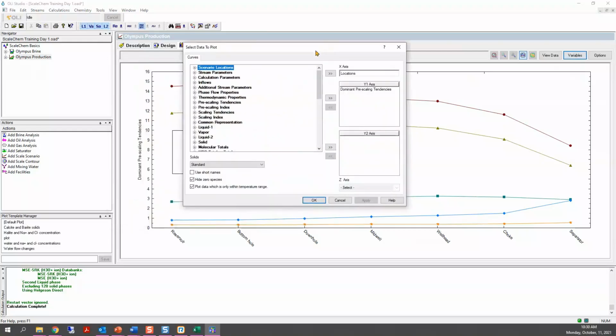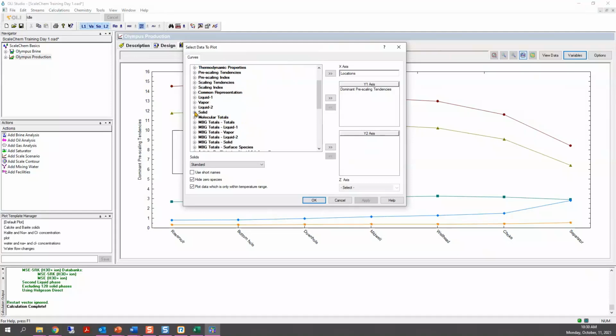And in this window, what you're going to see here is all the possible variables that you can plot, all of them. And even if you expand every single category, you have more variables and a lot of things to select from. I am interested to know which solids have precipitated out.